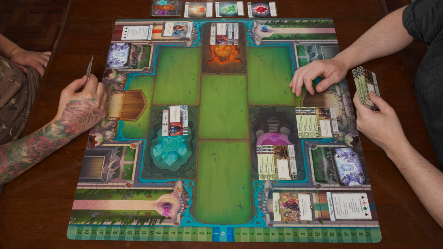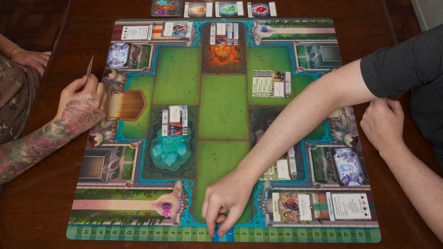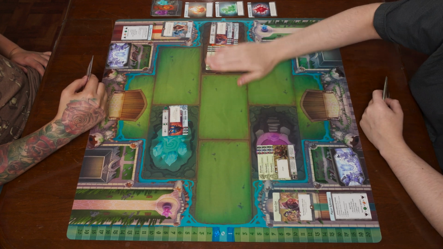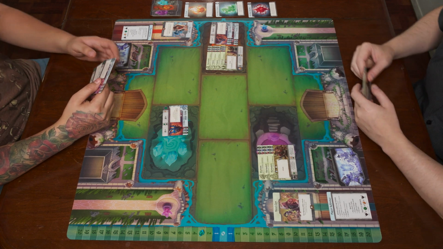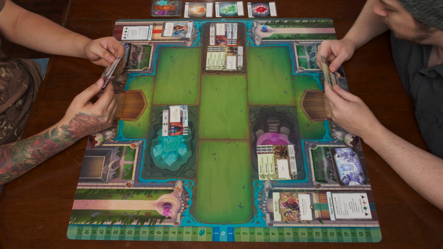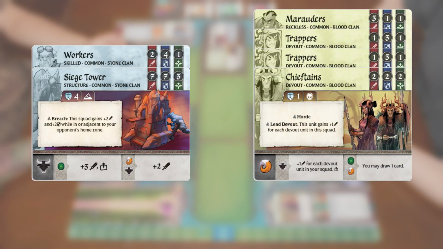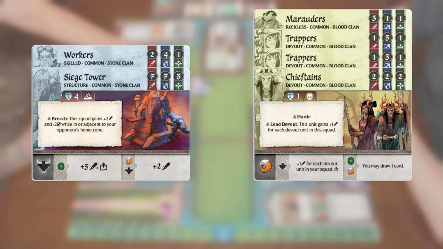And even better, the top unit of this particular stack is Chieftains. Chieftains gets an attack bonus based on the number of devout units in the squad. Yep. And also we're going to go for a fight right now. So looking at the stats, I think the worker is a 2/4? Yeah, Workers is 2/4, and Siege Tower is 7/7. Right, so I have a lot of attack here in this stack, and I might just be trying to blow up